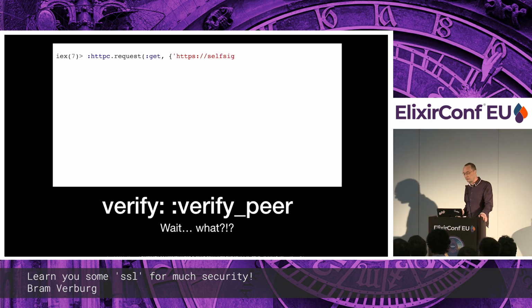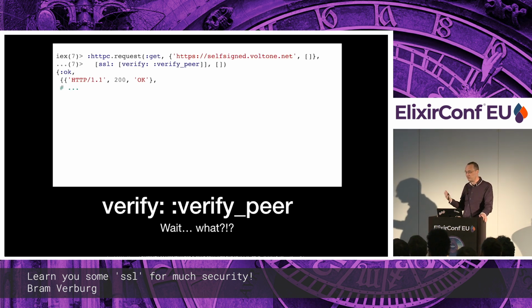Now, what is missing? What do we need to do in order to make that HTTPC request fail as it should? The important thing here is this part: verify peer. The default for the verify option in the OTP SSL application is verify none. It means the client will start the TLS handshake, the server will present its certificate to the client, and the client will just hand it to the garbage collector. So verify peer tells the SSL application, verify the server certificate before you actually complete the TLS handshake and hand the connection to my application. Now,